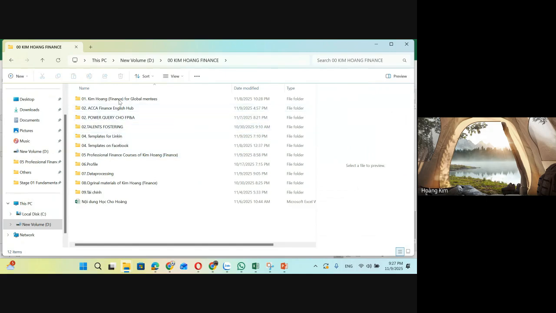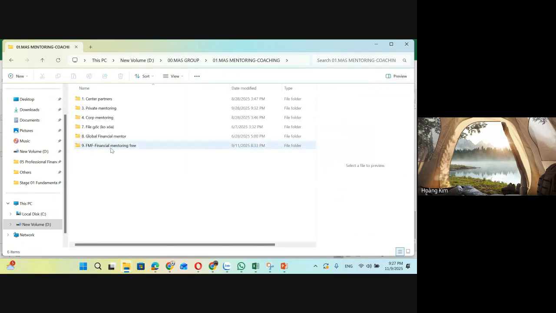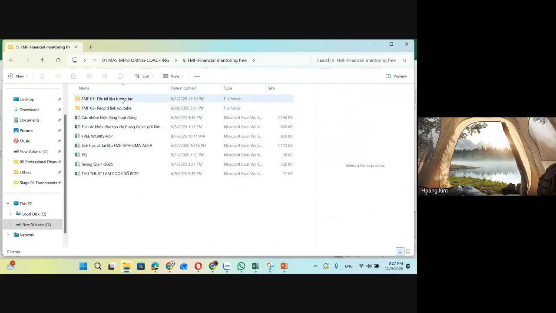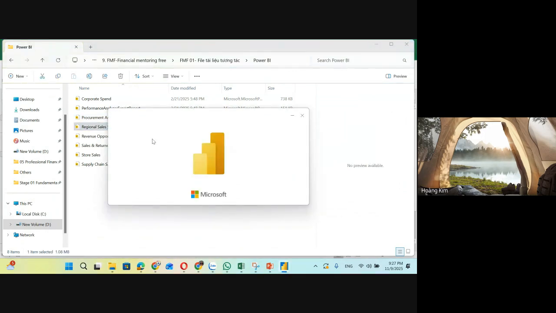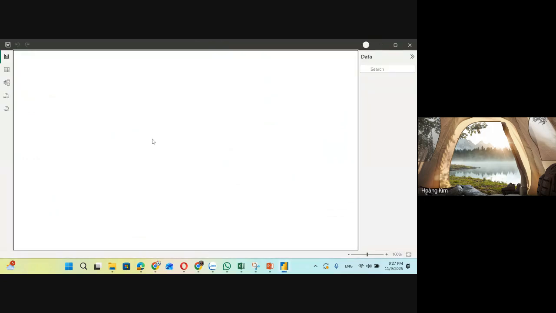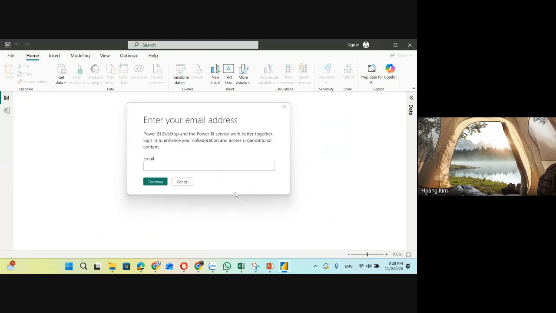I have a lot of files from here, for example, here. This is Power BI. For a long time I haven't used Power BI because it does not help me with strategy. It just helps me with real time and operations, sometimes management. But Power BI can help you. Oh, sorry,